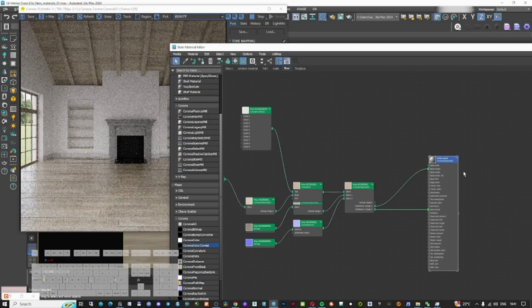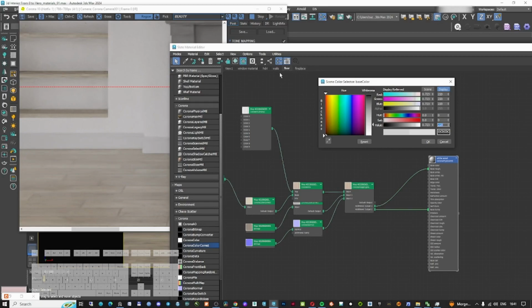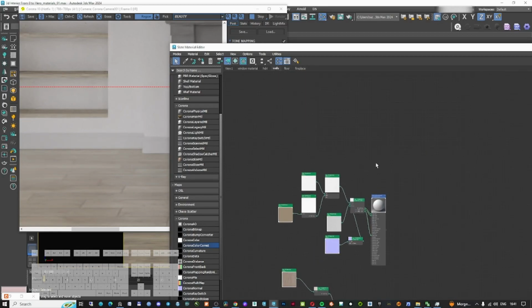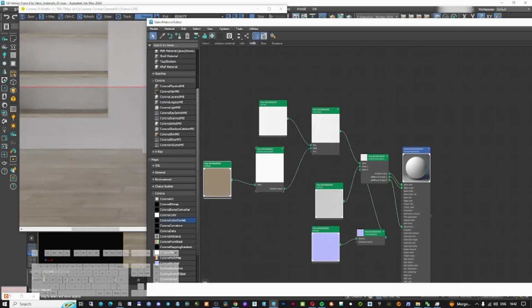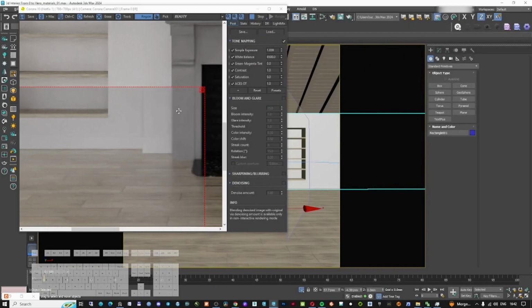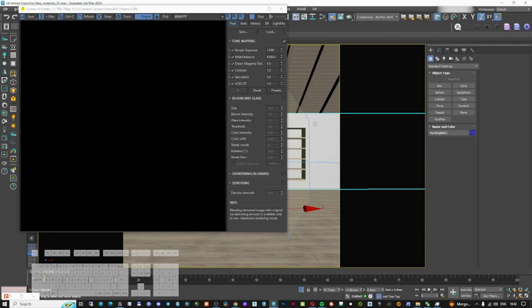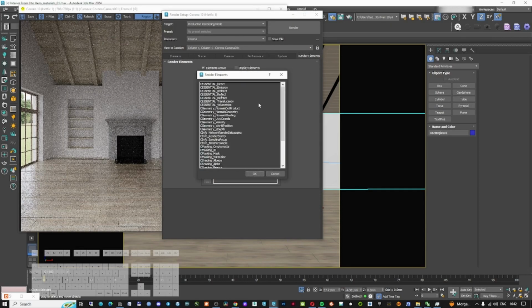A little bit too gray. Okay, the wall material is too bright. Okay, it's similar now. So if you need to check if all the colors are right in your render, that's quite easy. You need to go to render elements, and here you need to add the